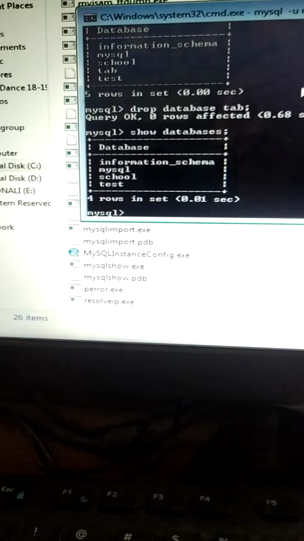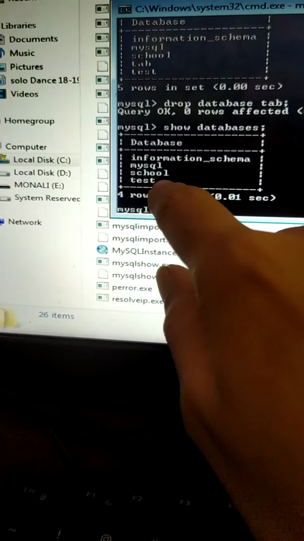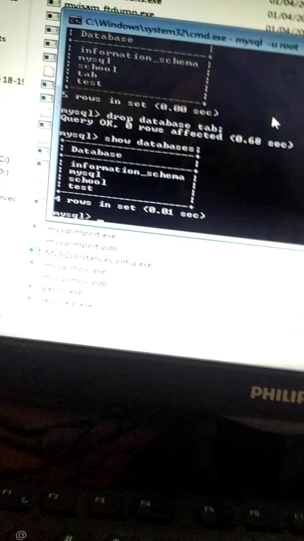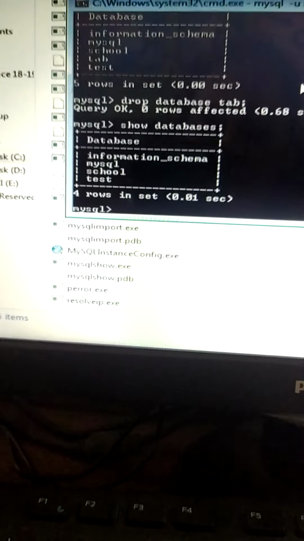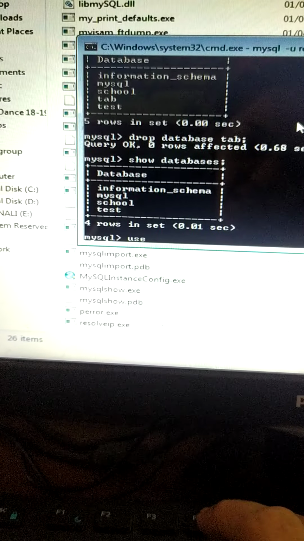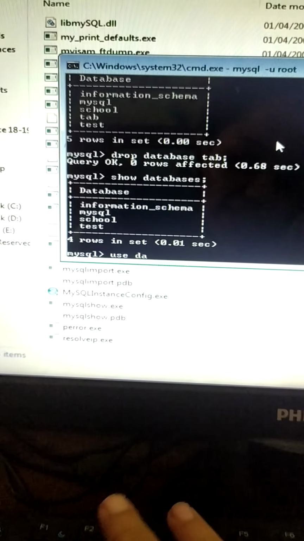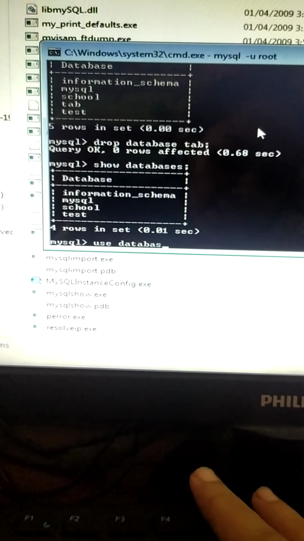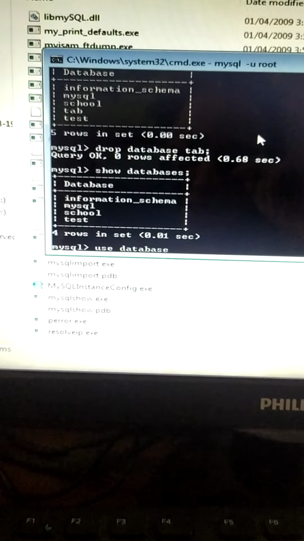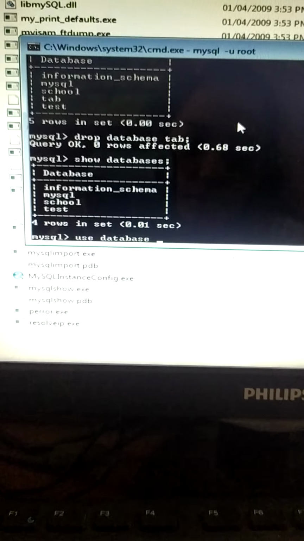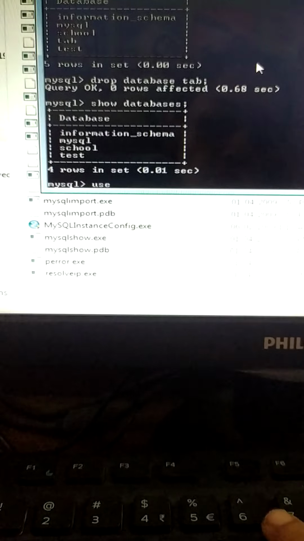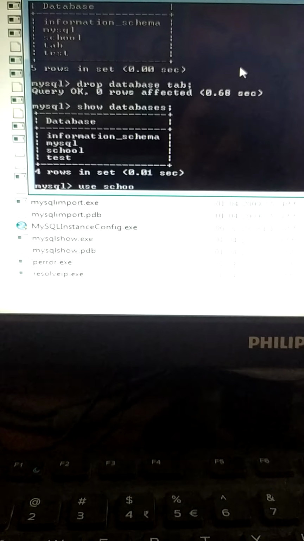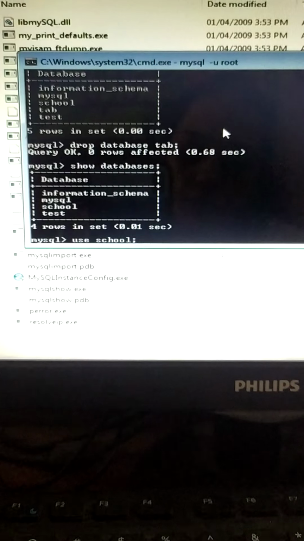Now, suppose these are the databases, and I want to work on the school database. So I'll have to select that database, the school database. So we'll use the command USE and directly the database name, use school and semicolon.